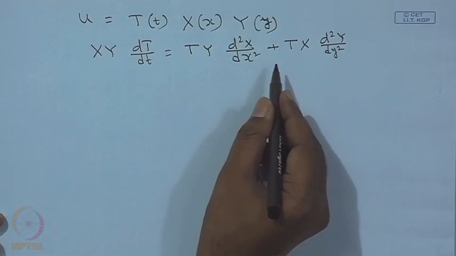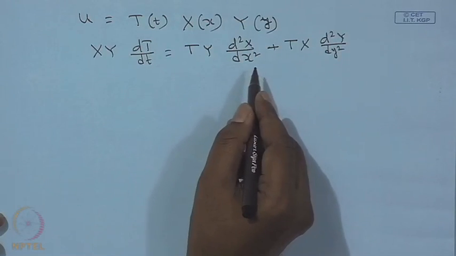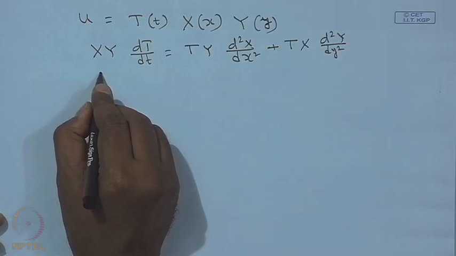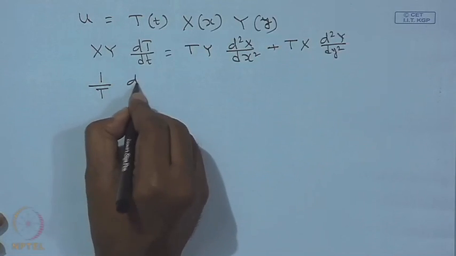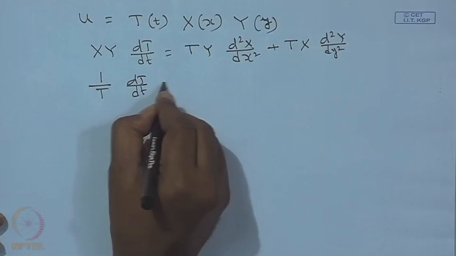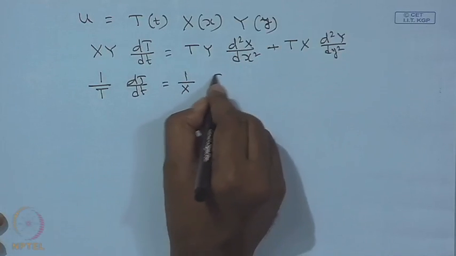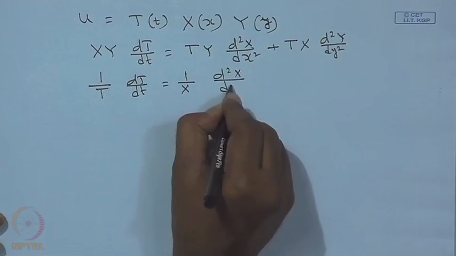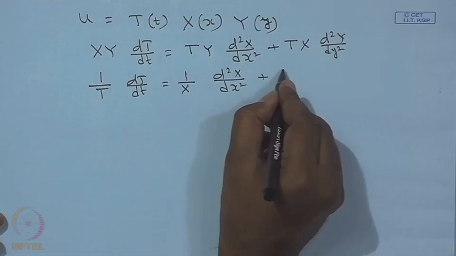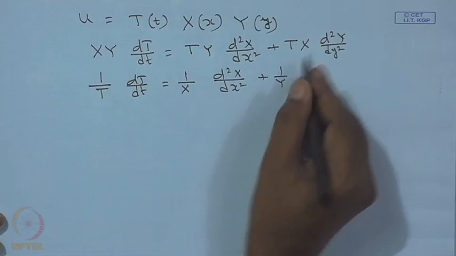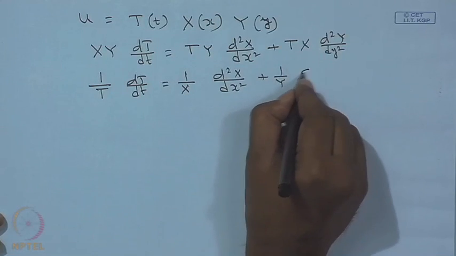We divide both sides by X, Y and T. So, we get 1 over T dT dt is equal to 1 over X d square X dx square plus 1 over Y d square Y